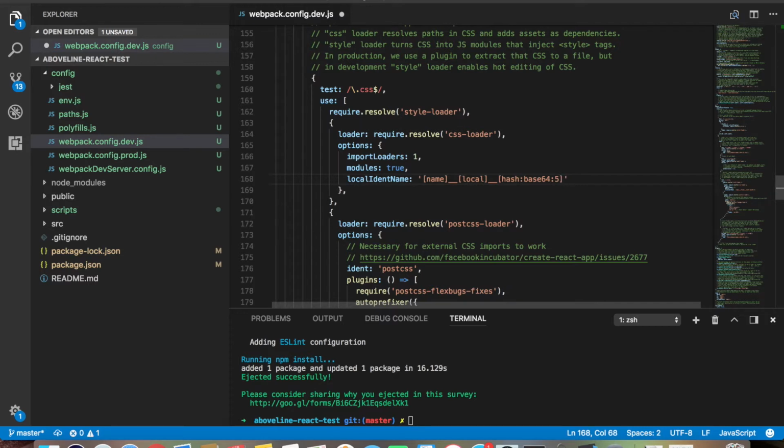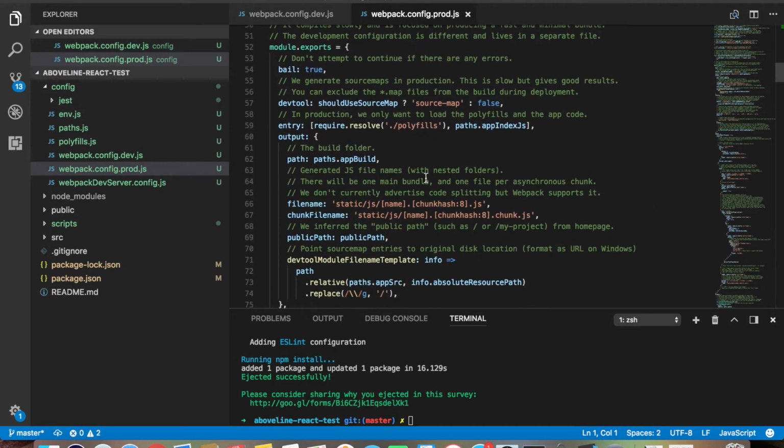What this allows Webpack to do is, when you have a CSS file, it allows you to import it as a module. That'll make things easier for me to input CSS code into my React components. Again, this is completely optional, but this is what I prefer in terms of styling when I have complete freedom. So I'm just gonna take this part and also copy it into Webpack config prod